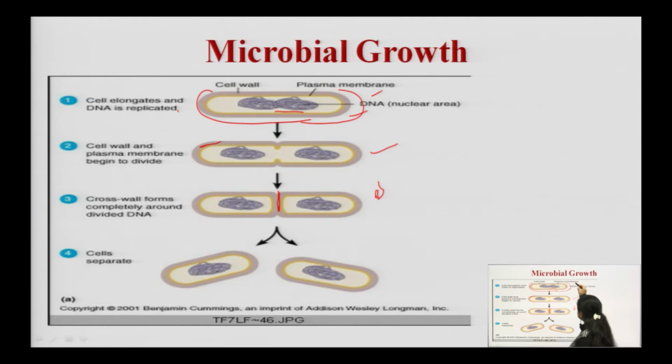From one cell, now we have got two cells. That means division occurs and one cell gets converted to two cells, but it takes some time. There is always a lag phase during the generation or the growth part. One cell gets divided into two cells, but first of all it will elongate, and after that it will stabilize within the environment, in whatever nutrients have been there within the media.